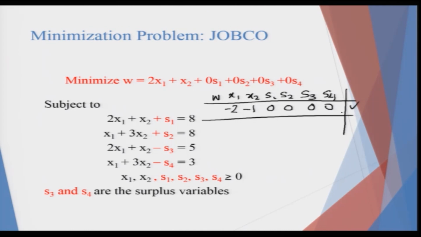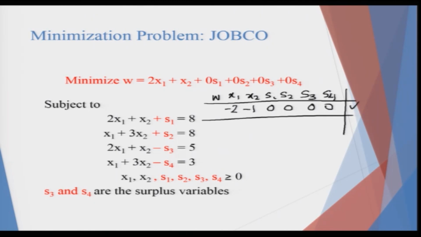Now, you basically have to think what is the basic feasible solution as you start. Now, pause here. If you put x1, x2 as 0 in this problem, then what will you have? You will basically have S1 as 8, S2 as 8, S3 as minus 5 and S4 as minus 5. Now, if you remember, in the initial cases we have discussed that the initial basic feasible solution should not have any negative slack and surplus.